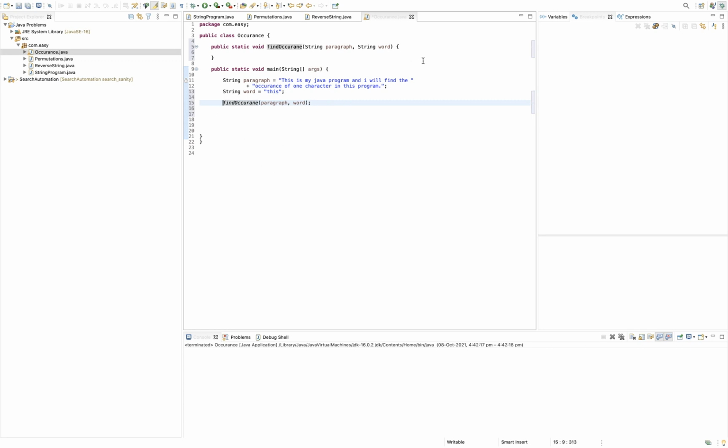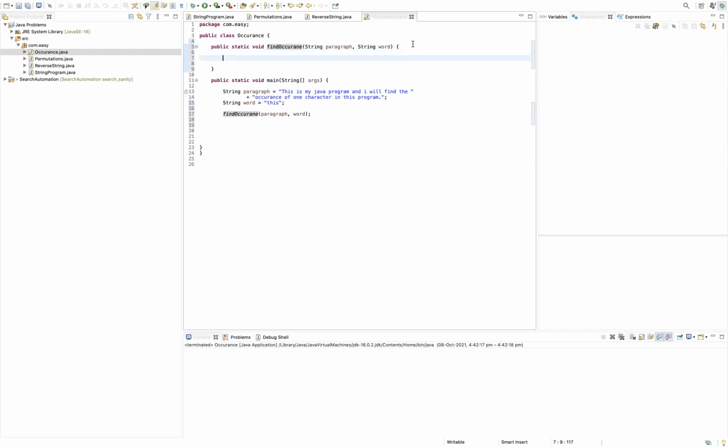So let's just write the logic now. We have got the paragraph. I will use one method, split. The split method returns an array. It is a string, so it will return a string array, and it is going to be str.